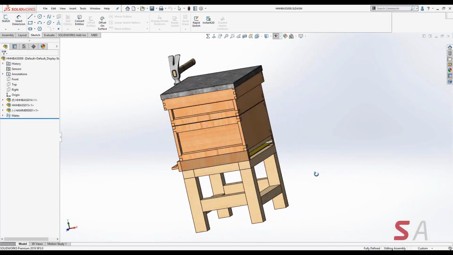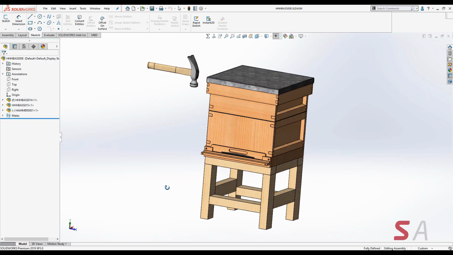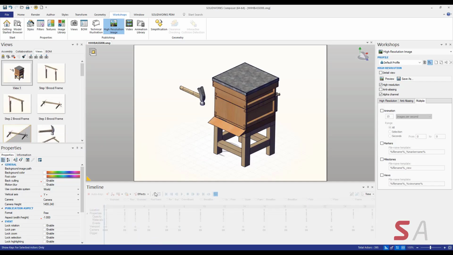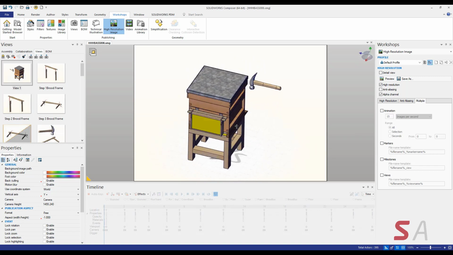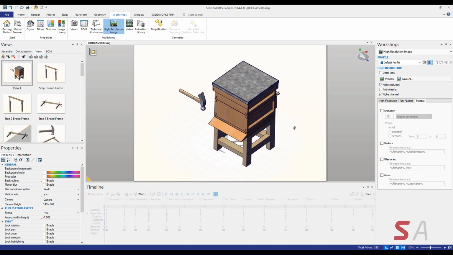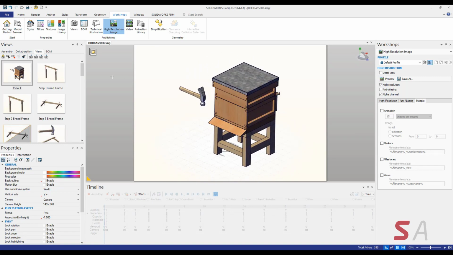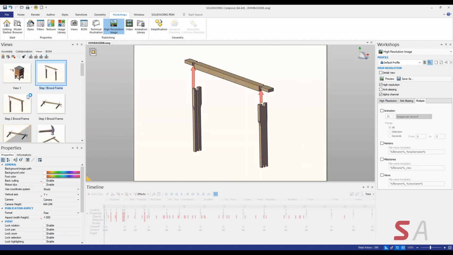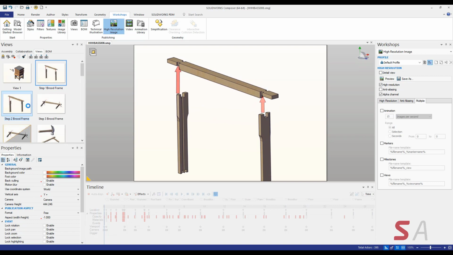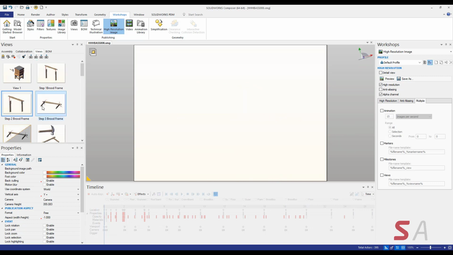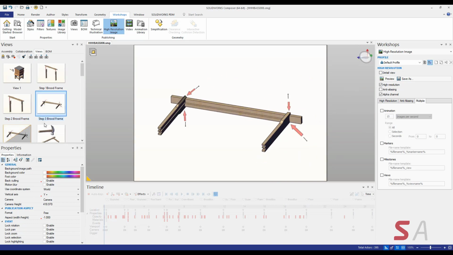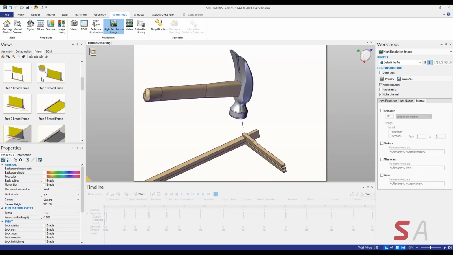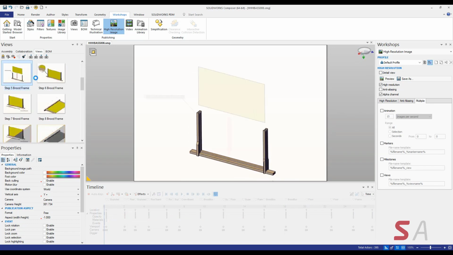SOLIDWORKS is a great CAD package for creating your assemblies, but when it comes to creating your assembly instructions, there are some limitations. This is where SOLIDWORKS Composer comes in. Your assembly data can be imported into SOLIDWORKS Composer, and then you can break it down, hiding and showing relevant areas or subassemblies. You can then use actors such as hammers, screwdrivers, nails, arrows, labels to illustrate how your product